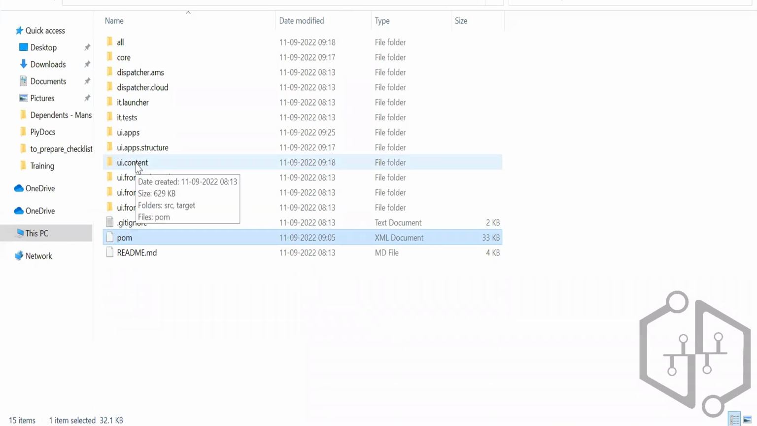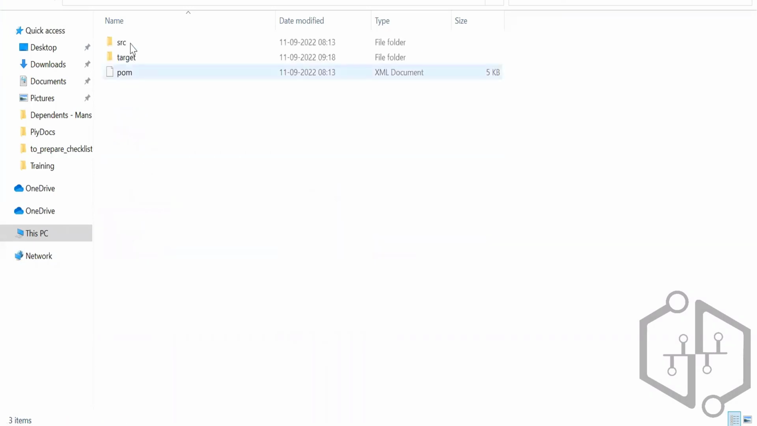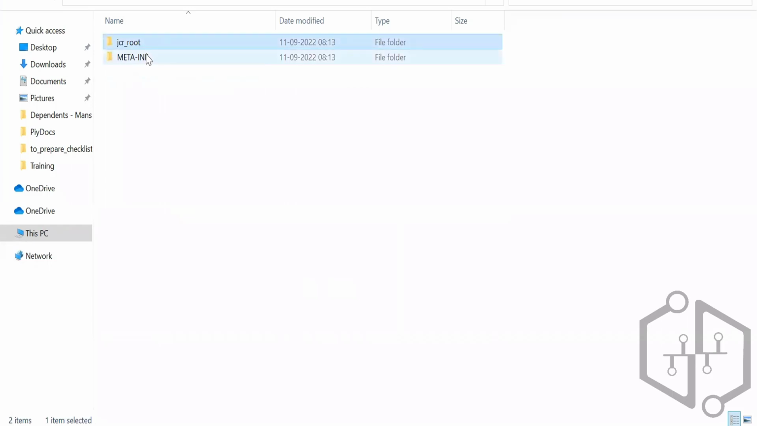The other way is, consider that this UI content has a lot of other things as well. Inside the content, you have the JCR root. Here also it has the meta. So here it has the conf and content. You say that, okay, I want the conf to go from my code base, but not the content. So what you can do